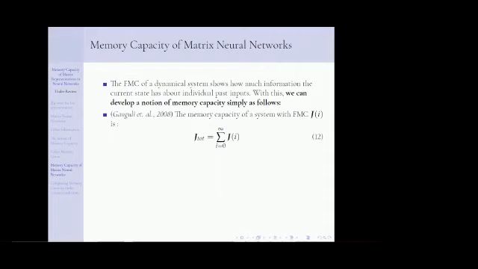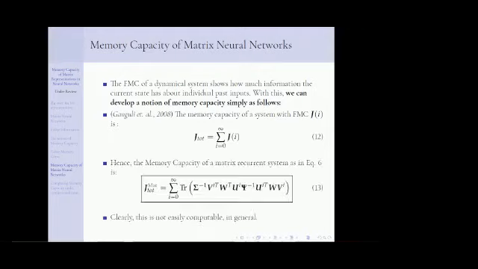So the total memory capacity we defined as the sum of individual points of the Fisher memory curve. What that means is that total memory capacity is just the area under the Fisher memory curve. And that is a very good thing to calculate. Well, you can calculate the area under a curve given you are given a curve. So if we have a Fisher memory curve of a certain dynamical system, what we need to calculate is just the area under its curve. And that's what we do now.